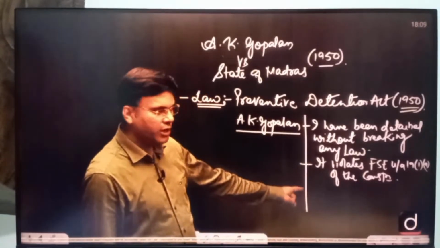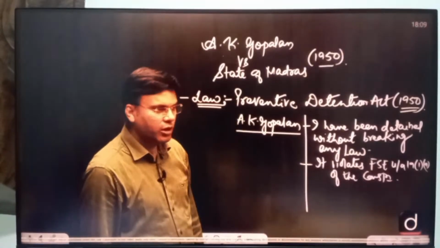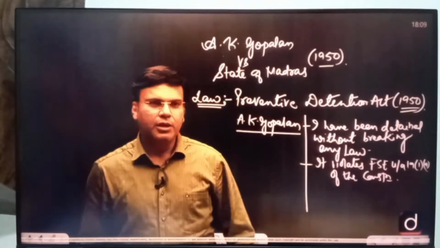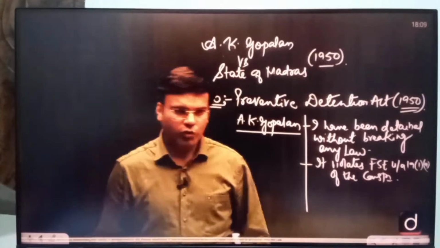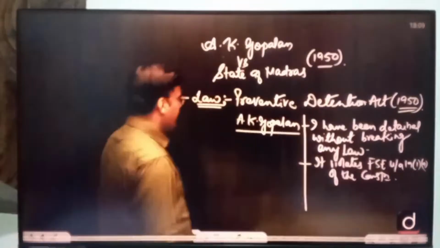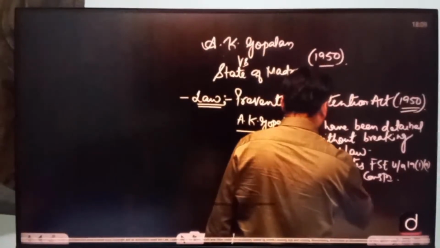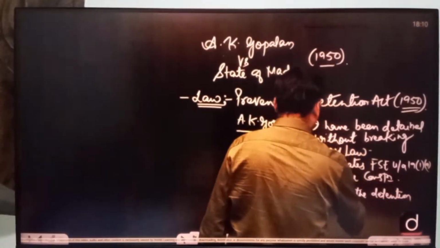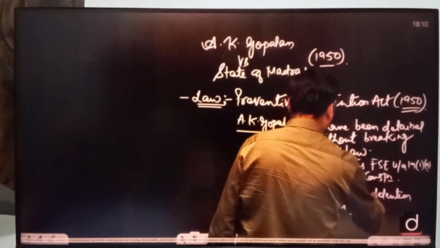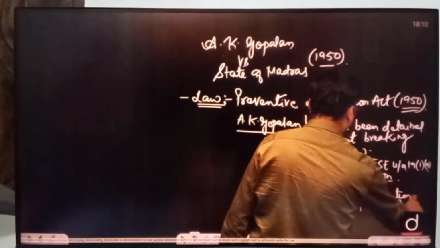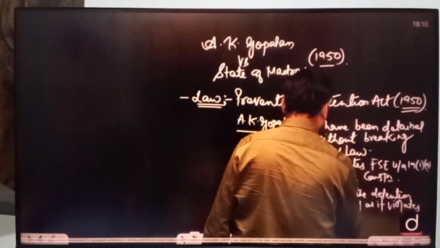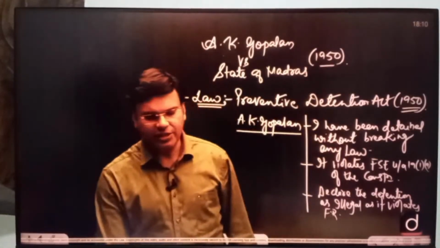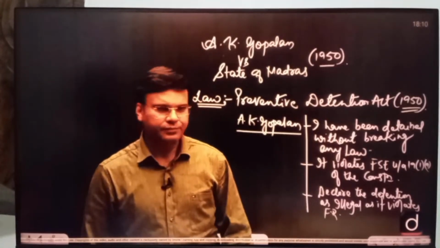तो मेरा क्या हो रहा है? उल्लंघन किस चीज का हो रहा है? मेरे पर्सनल लिबर्टी का भी उल्लंघन वो कर रहे हैं. That is freedom of speech and expression. तो गोपालन साहब ये कहते हैं कि हमारे लिए अब आप ही एक रास्ता है. So what you need to do is, they pray that you declare the detention as illegal. Why illegal? As it violates fundamental right. ठीक. या फिर अगर ये लॉ है जिसने इसकी इजाजत दी है, तो declare this law as illegal, है ना. Because what has happened,